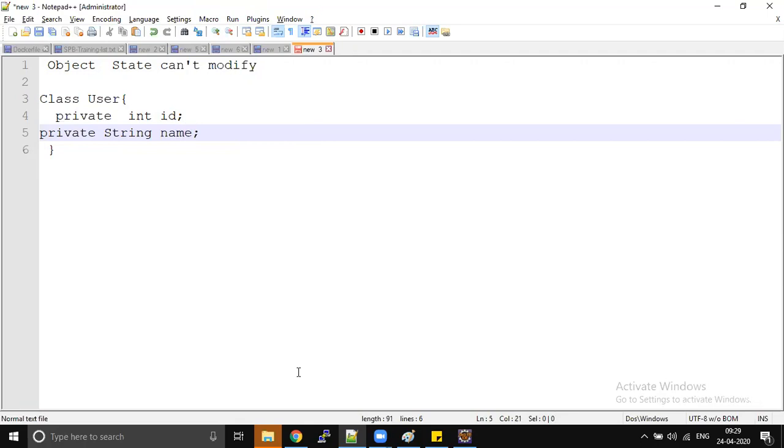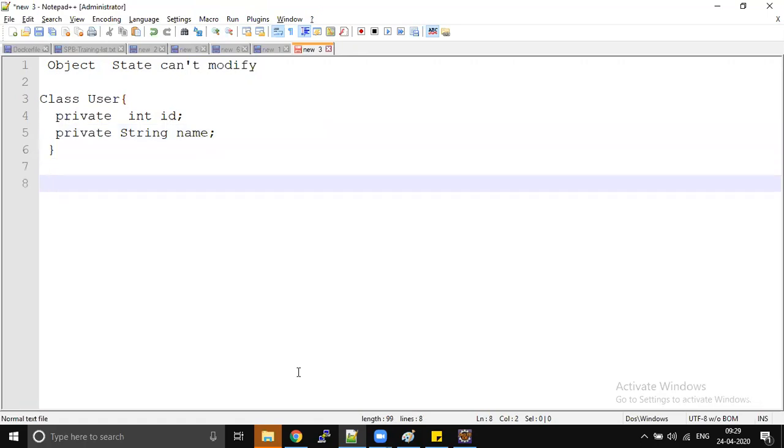Whenever you try to modify state, you modify id or you modify name, then a new object will be created. So once the object is created with a particular state, for example, User user = new User with id 1 and name something like Sunil Manata, then if you try to change anything here, it is not possible, right?